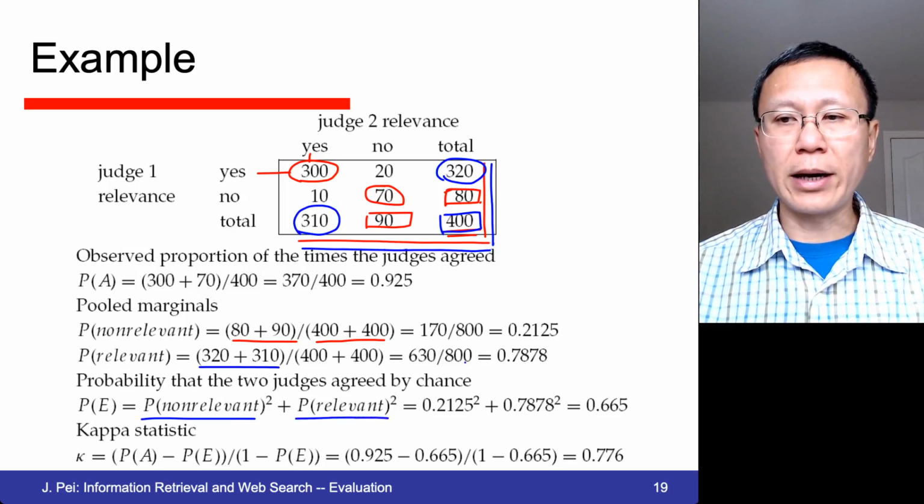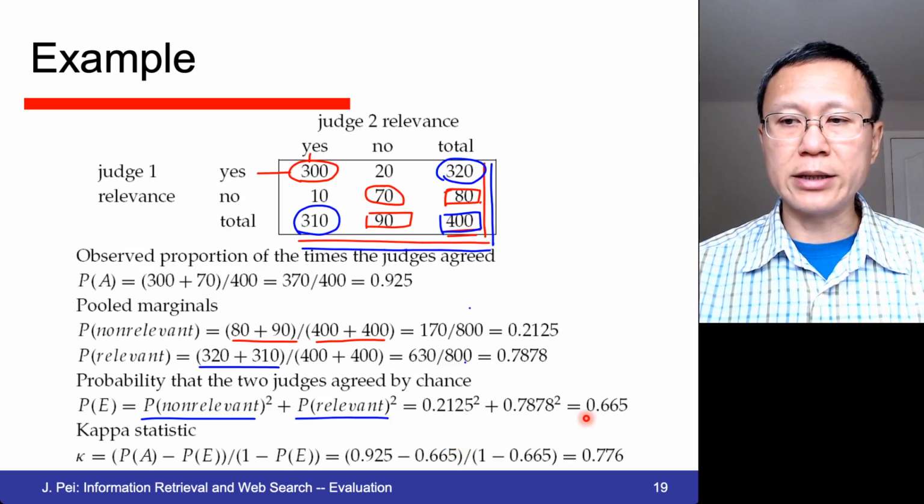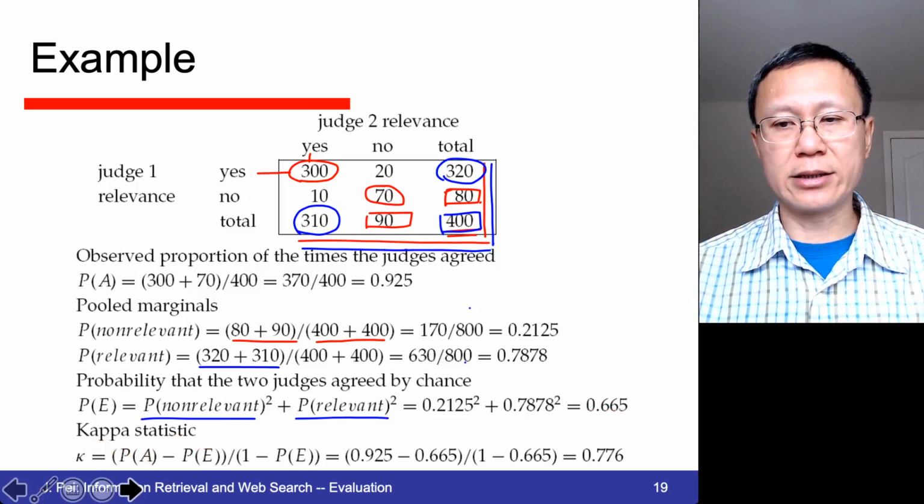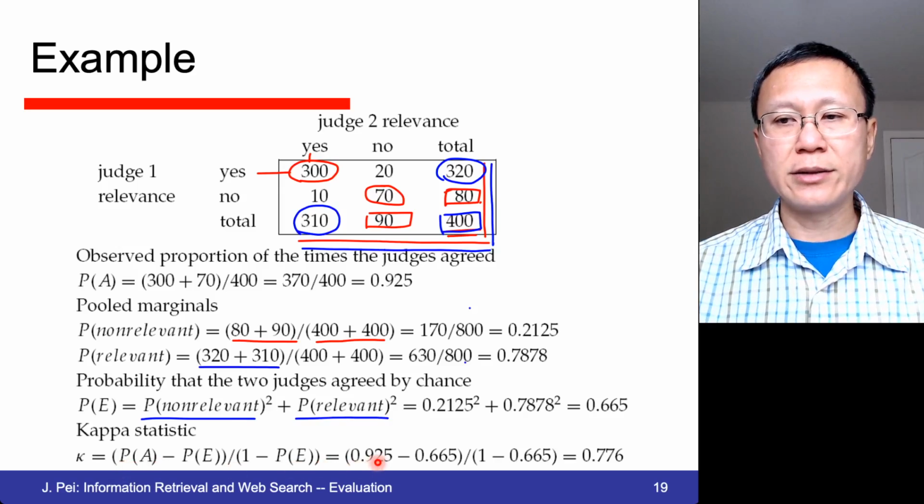So by calculating this, we get the probability of 0.665. So the Kappa statistic is calculated using